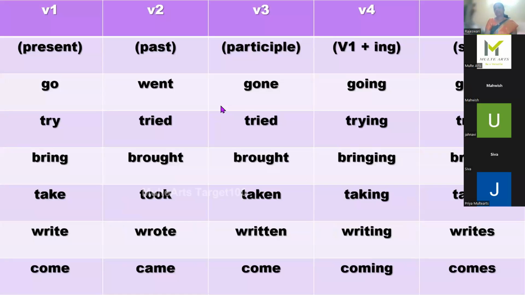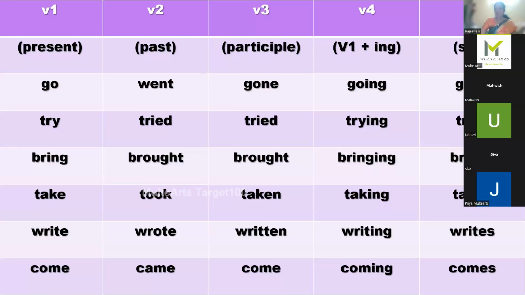Tense is nothing but time, at what time this action has taken place. We have three tenses in English: present, past, and future. Generally we talk about present, then we go to past, then we travel to future. That is how we teach students about the tenses. The structure is past, present, future, but the major thing is you should be thorough with present, then only you can go to past, and only then can you travel to future. So these tenses will tell you at what time the main action has taken place.